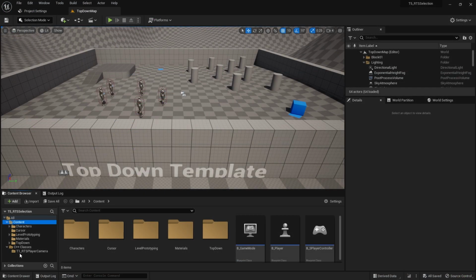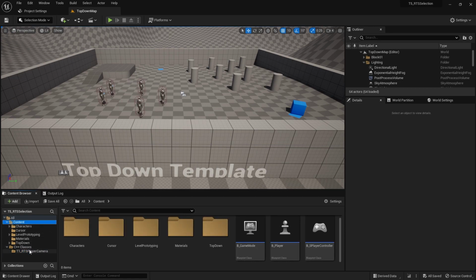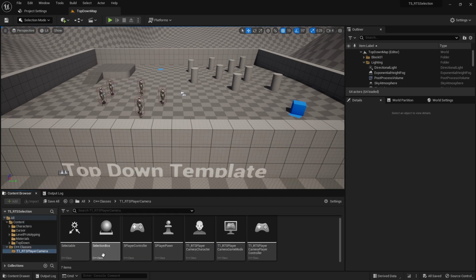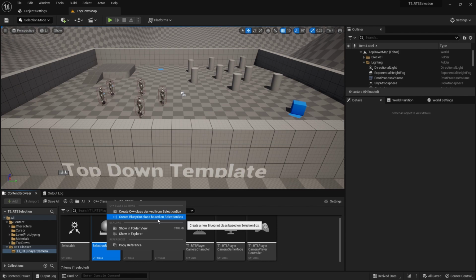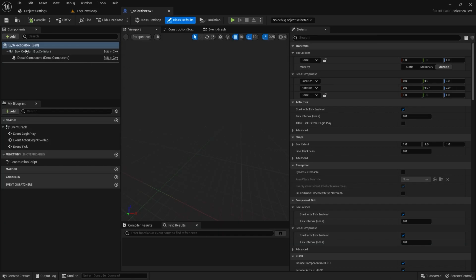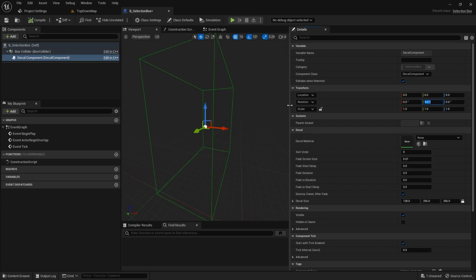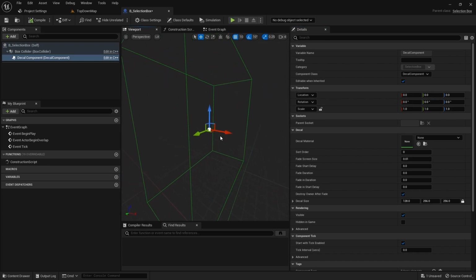So the first thing I'm going to do is just create a blueprint class. I'll put it in content. Where's our selection box? I'm going to create a blueprint class in content, and call it b_selection box. You can see we've got our box collider, we've got our decal component, and we need to rotate this decal 90 degrees. So you can see the decal is meant to work that way on a wall, and we just need it to